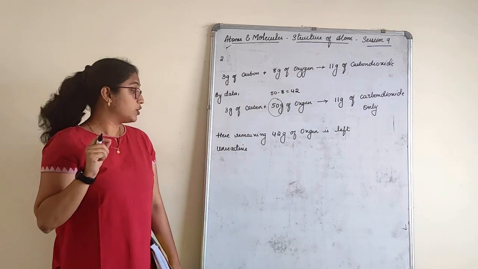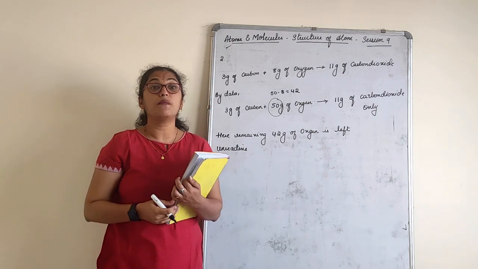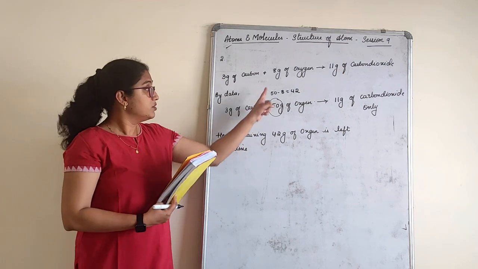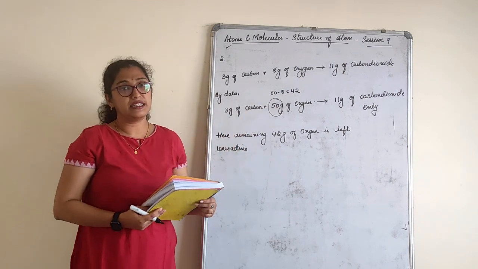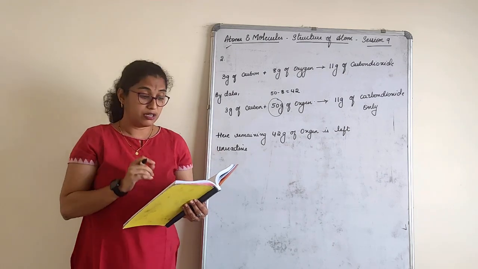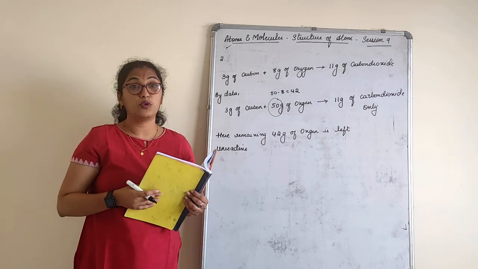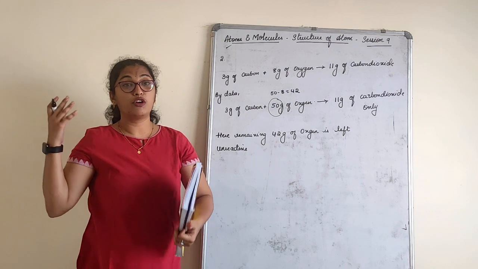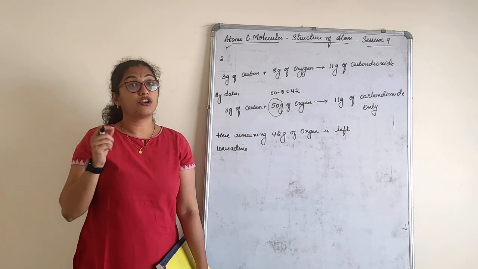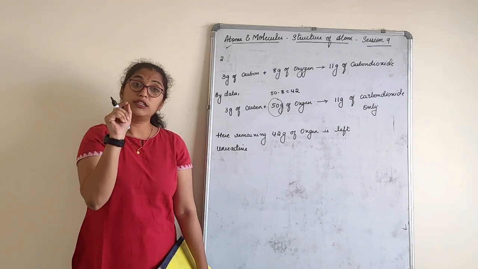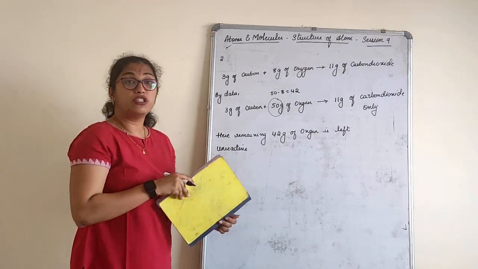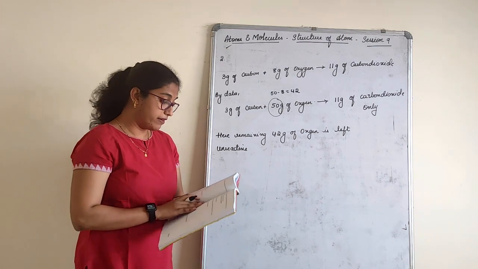The remaining 42 grams of oxygen will be left unreactive because to form carbon dioxide we only require 8 grams of oxygen, not 50 grams. You can write this and give the final answer. So 11 grams of carbon dioxide is formed. This is in accordance with the law of constant proportion. If I add however much hydrogen or oxygen I want, I will not get water. I can even get hydrogen peroxide, right? For water it should be hydrogen in terms of 2 and oxygen in terms of 1. Only then will I get water. This is how the answer is. The explanation is also given in the notes. You can just check with that.